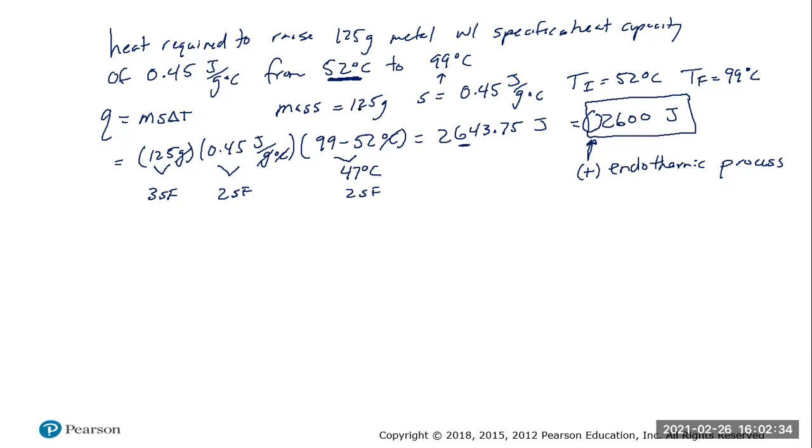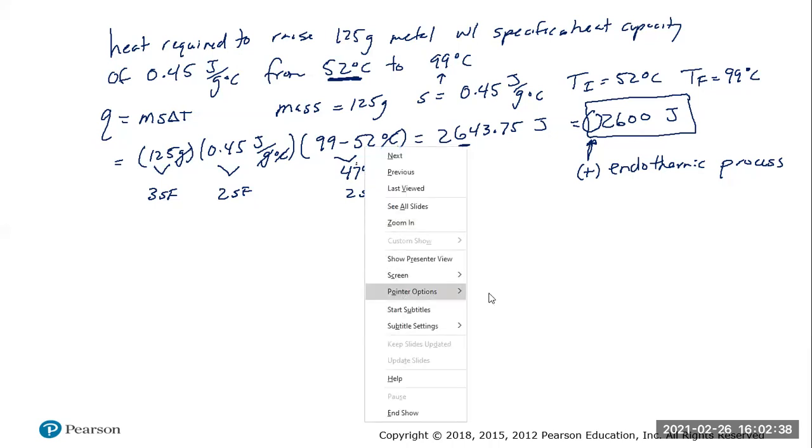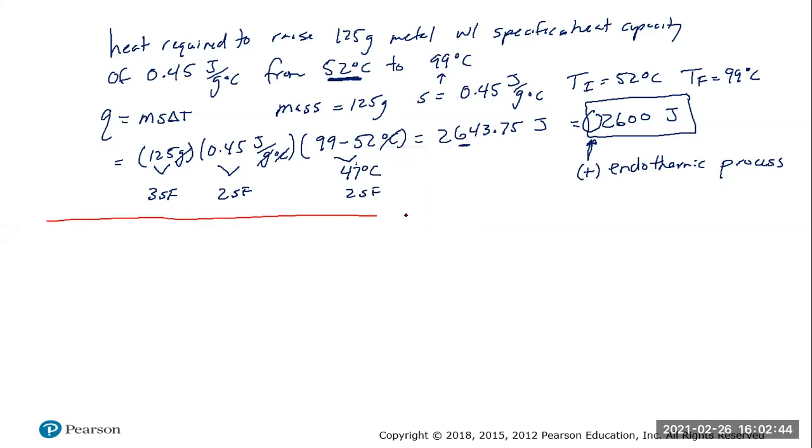So what would it be perhaps if we had the opposite sort of thing happen and we ended up with an exothermic process? Well, we could even take the same piece of metal if you want, and we put it in the freezer. And we started with the 125 grams of that metal. Again, it still had the same specific heat capacity.